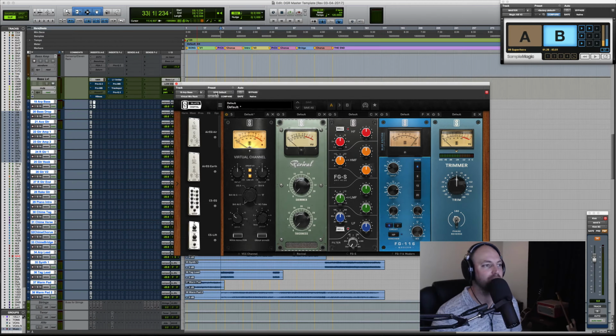Set this up, come in here and save a default template. Once you save a template, you go to set as user default right there. And then in your settings preferences, you have to set plugin default to the user setting. Once you do that, if I were to click on all of these, Option Shift click, go down